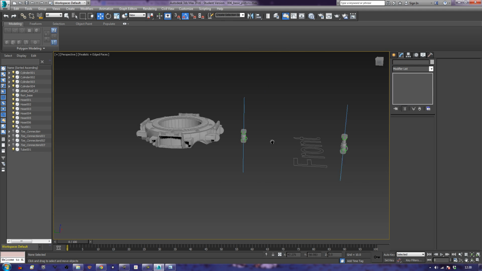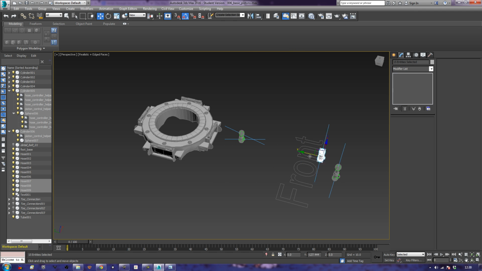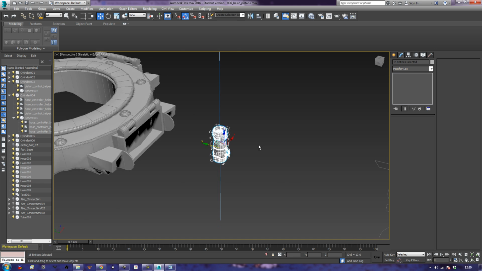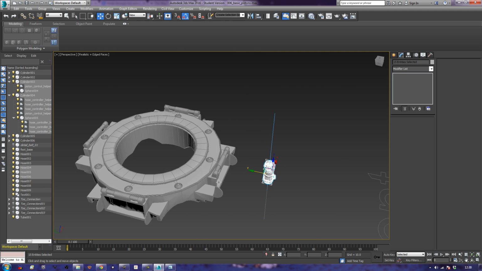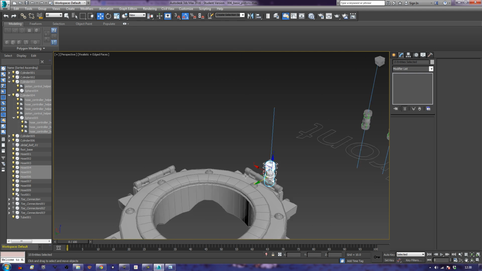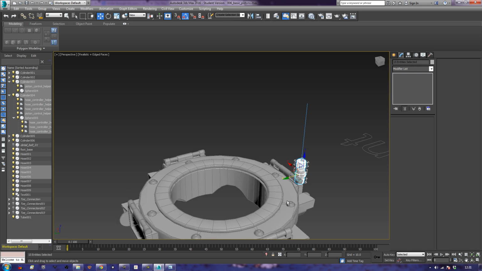So what about I make a copy of this just in case we need it again. And I can just drag it over to there. And remember, as soon as we move our piston, it springs back. Okay. So let's go in on this, and I might need to reduce it in size, I might not. Let's have a look. The thing is, these pistons are supposed to control the upper part of the foot here, and I think they're a little bit too small. We can put some dampers in there as well, but I think the actual space we've got is a little bit too small. So if I bring that into there,